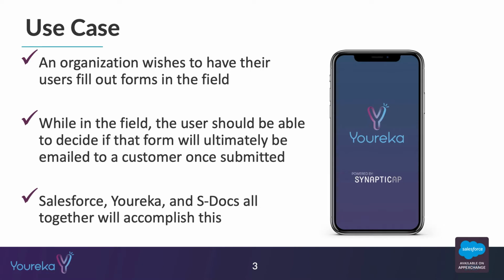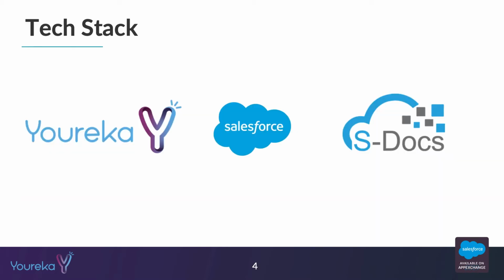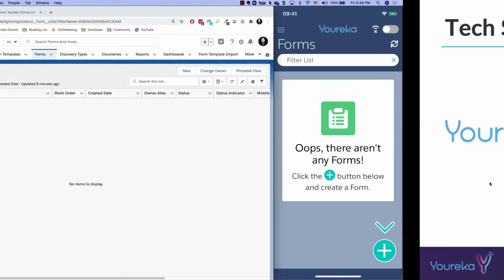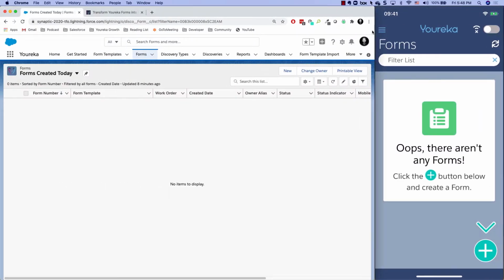So really quick, the use case is this. We have an organization that needs their users to fill out forms in the field. They're going to use Youreka Mobile to do that. Then while they're in the field, the user should be able to decide if the form will automatically be emailed to a customer once it's submitted in the form of a PDF. And so we're going to use Salesforce, Youreka, and S-Docs all together combined in order to make this type of thing happen. So with that said, I'm going to move over to our example Salesforce environment, which we see here